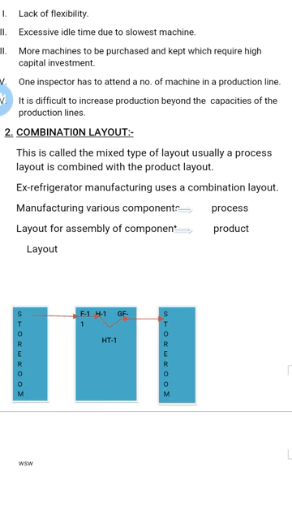For batch production we have to choose process layout, and for example the manufacturing of a refrigerator, which requires production of a variety of products as well as a lot of assembly work, in that case we will go for combination layout.